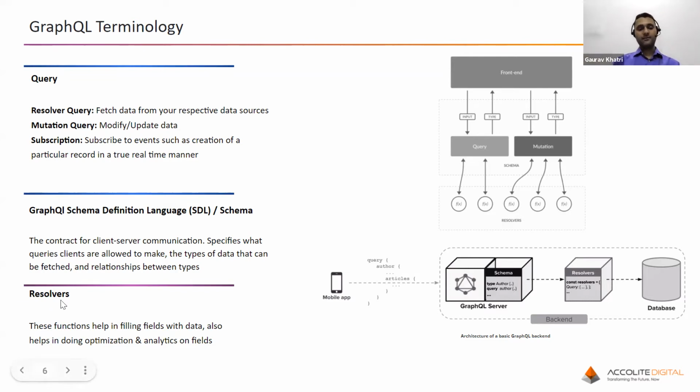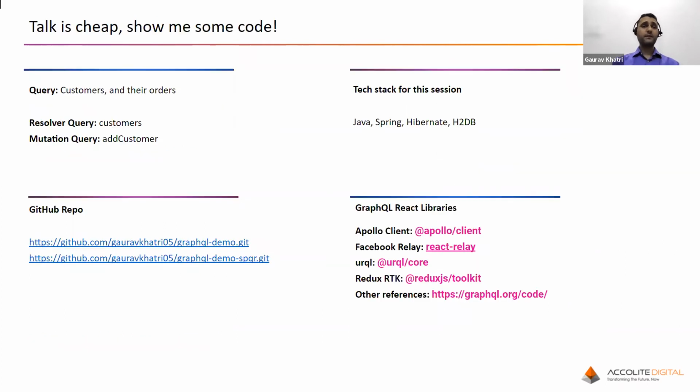During the live coding example, I will explain how the resolver function can be utilized to optimize the GraphQL query. And this is the architecture of GraphQL, where we have the GraphQL server and one end user which is submitting some query. The GraphQL engine will first verify that query and then process that query, and we will get the data out of this. So this is the GraphQL terminology which I wanted to explain. Now next, we will talk about the code.